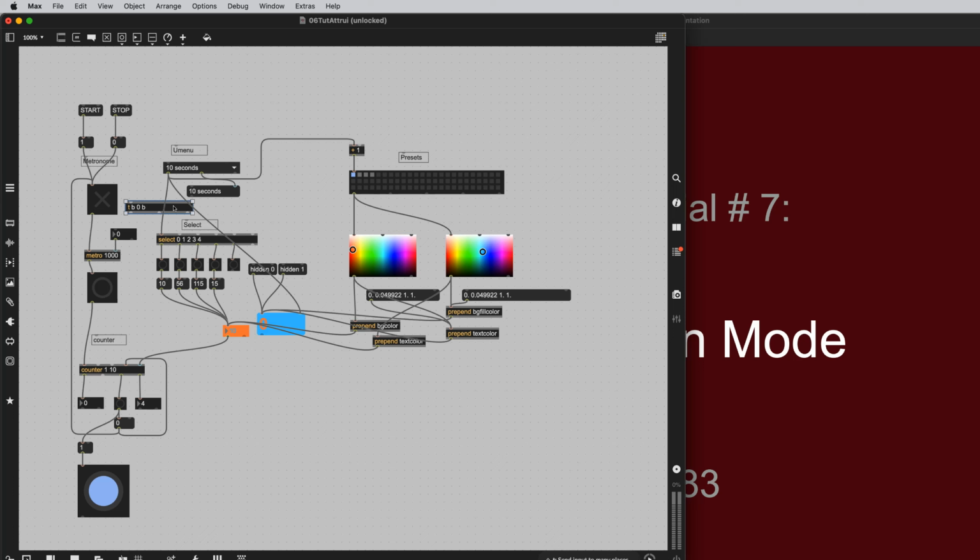And what we'll do is learn another quick trick here. We'll grab this and move it around with our pointer. Don't let go of it, but just push the shift key down. And bonk, let the shift key up, and it automatically attaches itself. Okay, so this is going to get the last bang, and if we hit stop here,